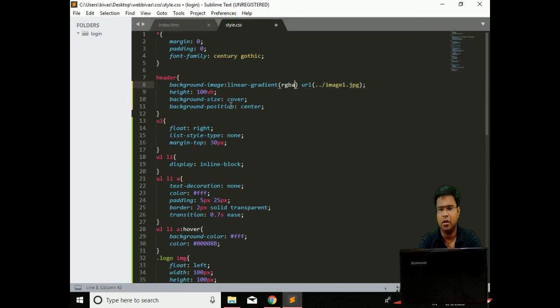Actually right now I am changing the background picture. The parameters inside RGBA are 0, 0, 0, 0.5.